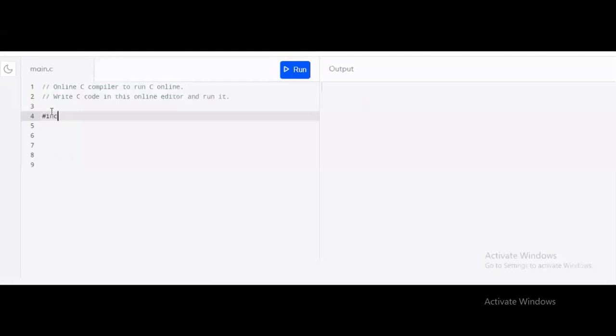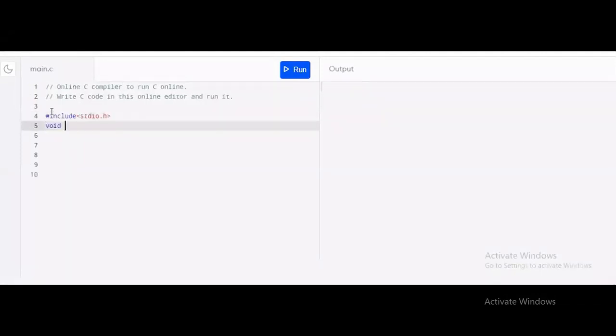First we will include our header file. Now the void main function. Now I will declare some variables of integer type. The first variable will be max, which is a square matrix of size 10. The third variable will be need.